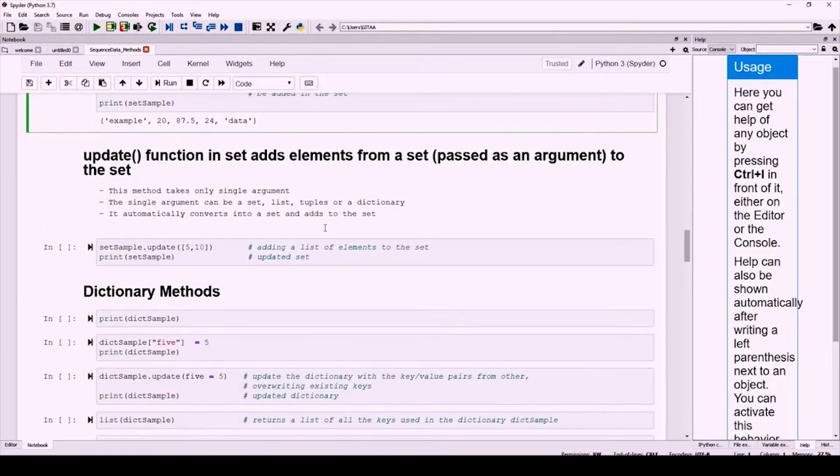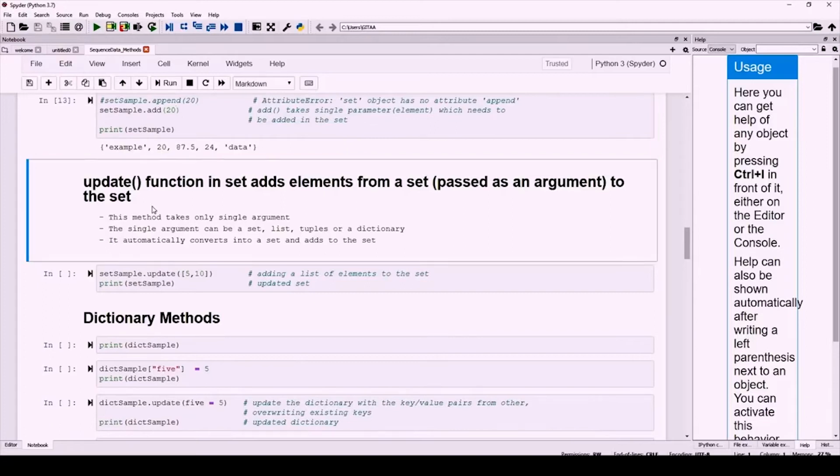The next thing that we are going to see here is the update method. That is a method that can be used in set, which is going to add elements to a set, because here we are not able to add multiple values at a time. So you can do that as well using the update function.